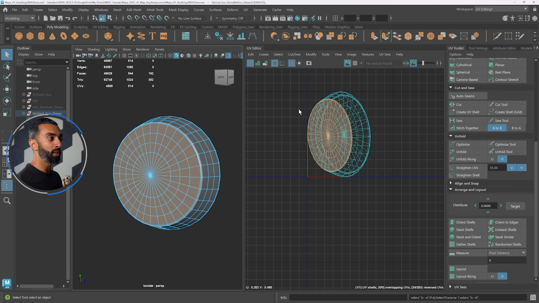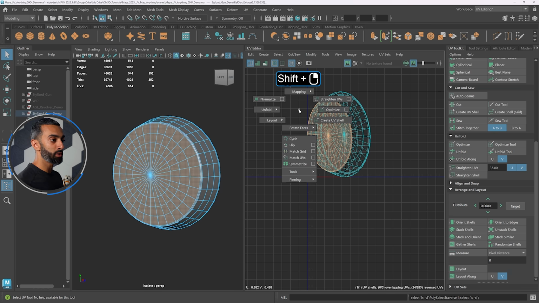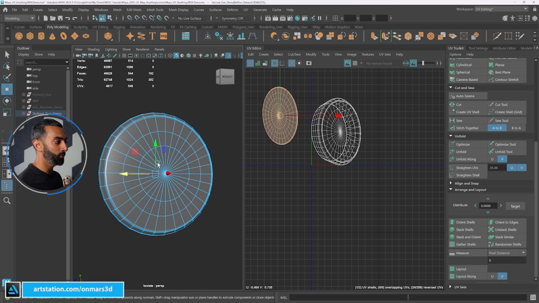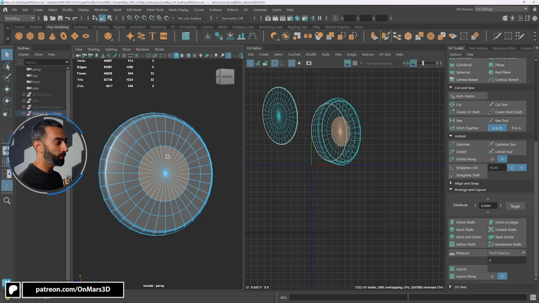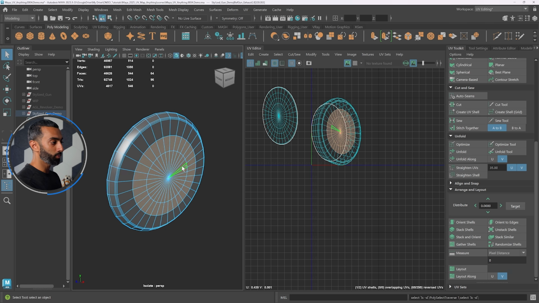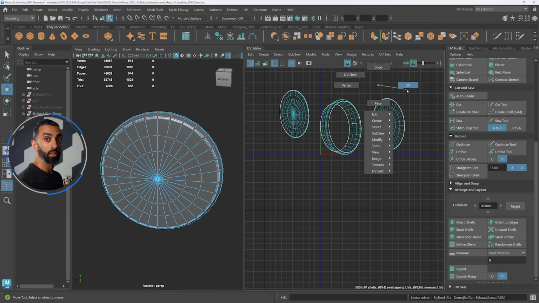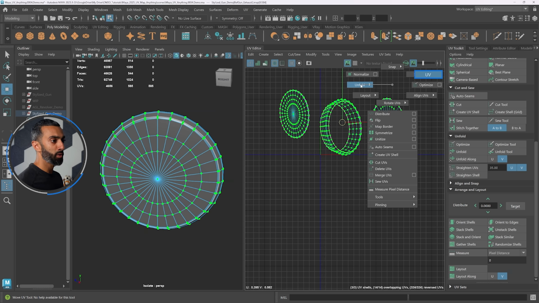Then what I can do is go into the UV editor, Shift right mouse button and create UV shell. And just like that, I've created a UV shell based off my face selection, which sometimes is a little bit nicer than selecting your seams. So if I do that again, select these faces, Control period, grow those face selections. I can select these caps, Shift right mouse button, create shell, select all these UVs here, Shift right mouse button,